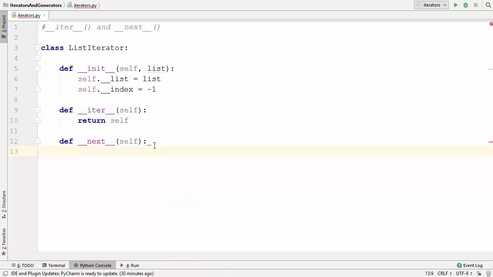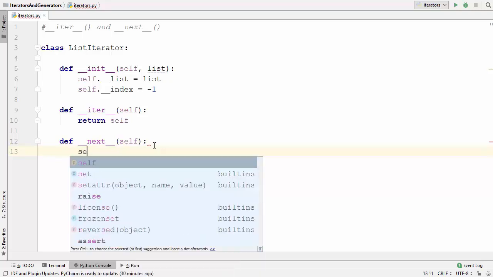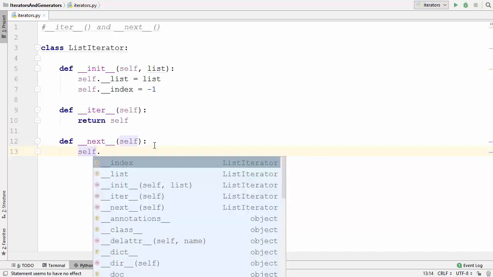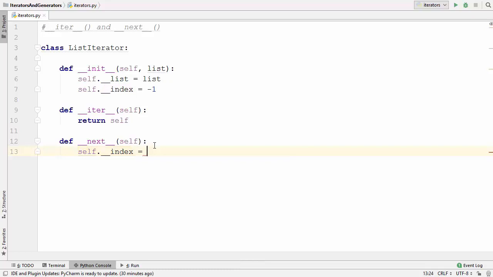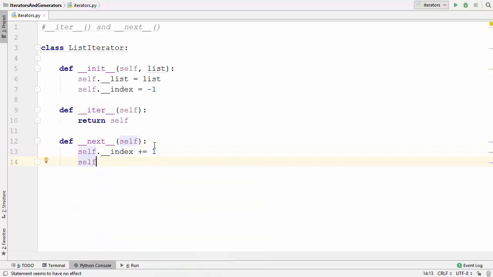Now in this next method, first of all, when this next method is called, we want to increase the value of index. So let's call our index member variable, and let's increase the value of index by 1. The next thing which we want to do here is send the value at this index.